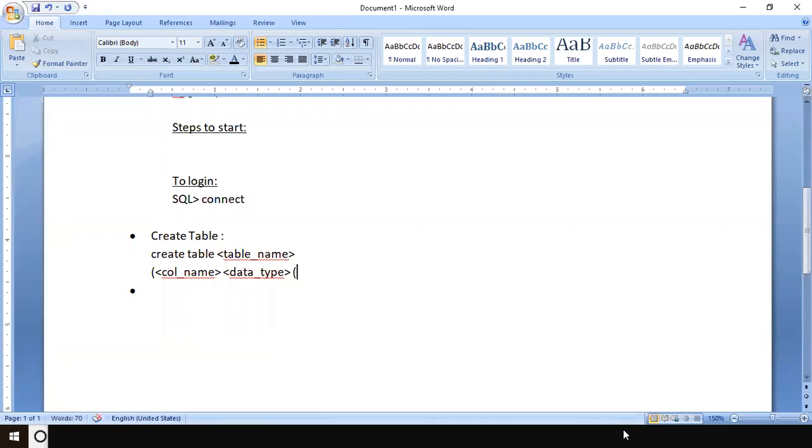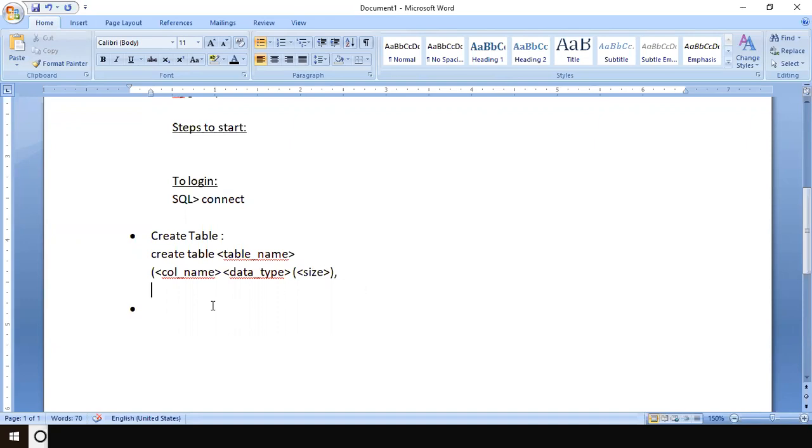One round bracket we have already started; the other round bracket inside is to mention the size. Remember, these angular brackets are not to be typed. I am just giving those to indicate these are user-defined variables. After you specify the size, that round bracket gets closed. Then you give a comma and go on the next line.